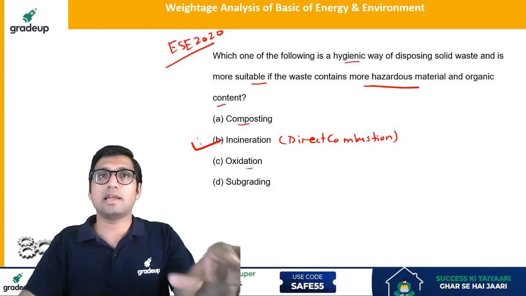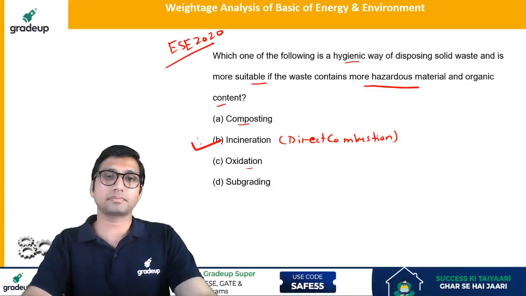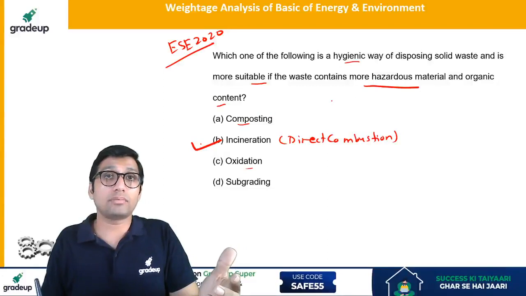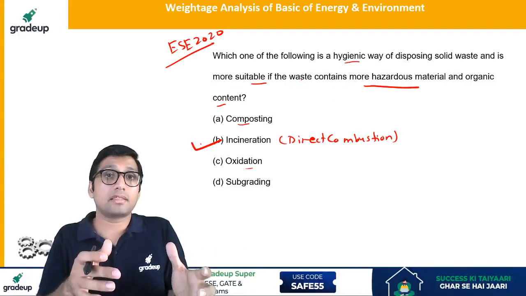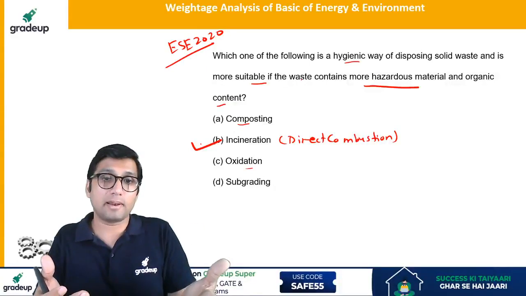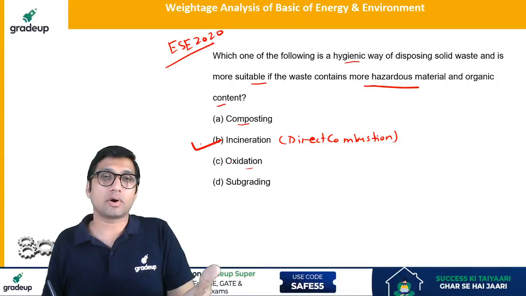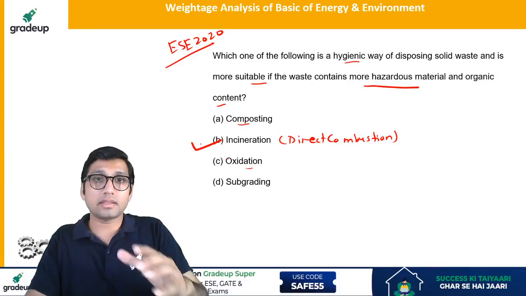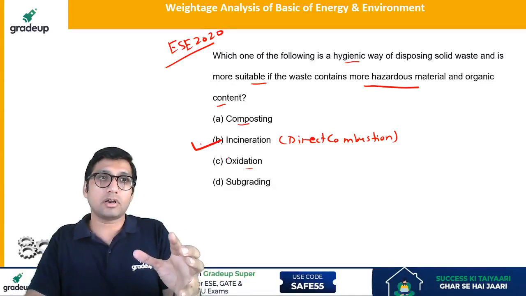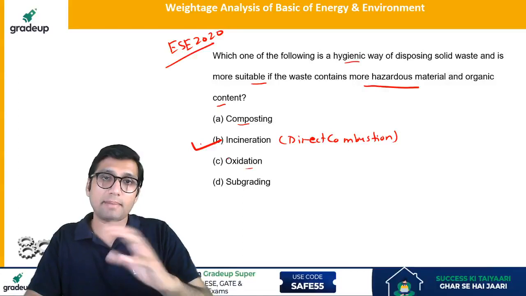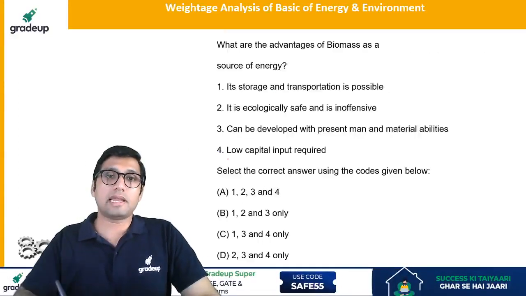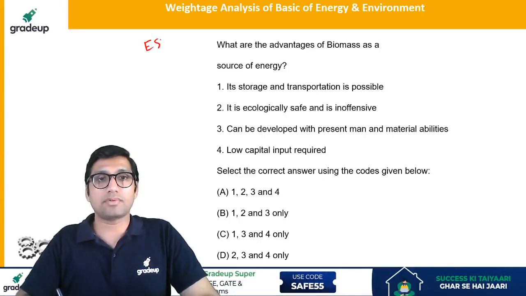This method is generally adopted for hazardous waste, because if you do the composting of the hazardous waste, then that hazardous waste can mix with the soil and it can affect the fertility of the soil. Also the same two things, oxidation and subgrading, these are the surface treatment. But incineration is a treatment in which basically we try to completely wipe out the harmful effect of these hazardous materials. Next question, this question came in ESE 2019,